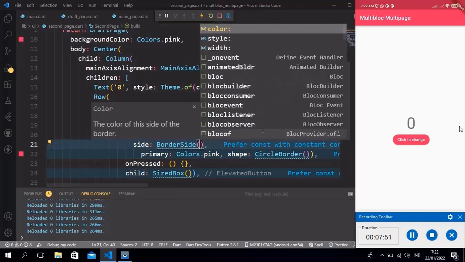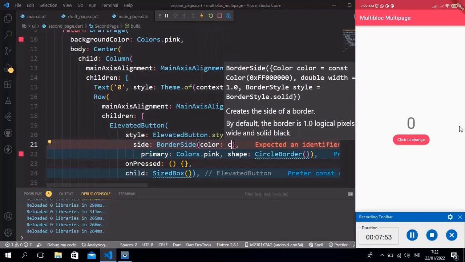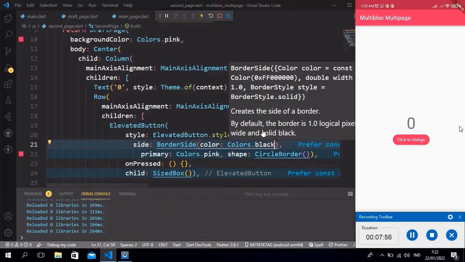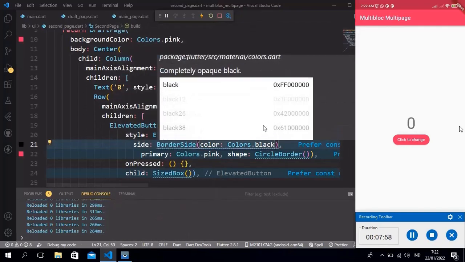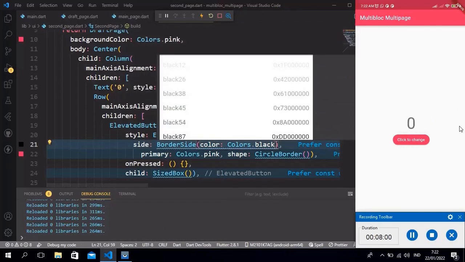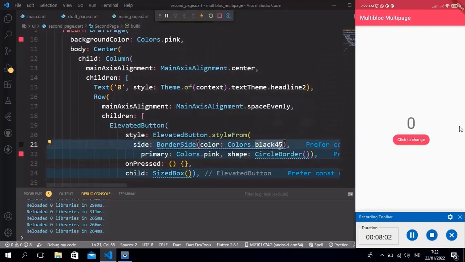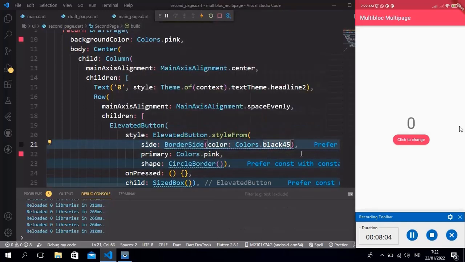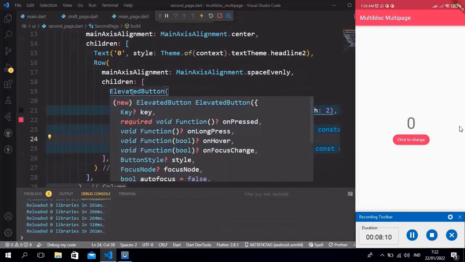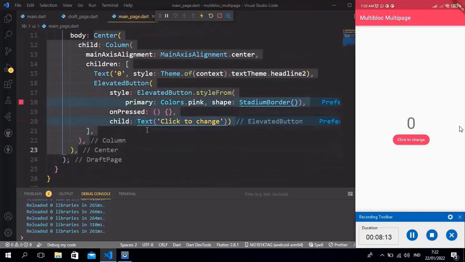Also, we need to add border in our button, because we need to add border in the button that we tap later. And now we are gonna set it static border. And later we are gonna set it dynamic border.